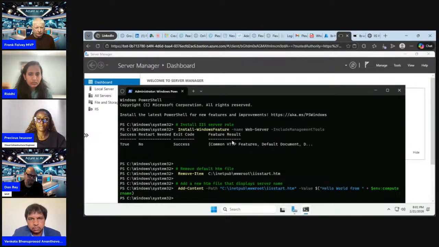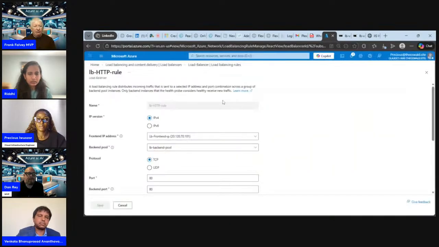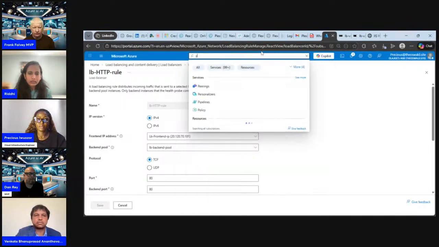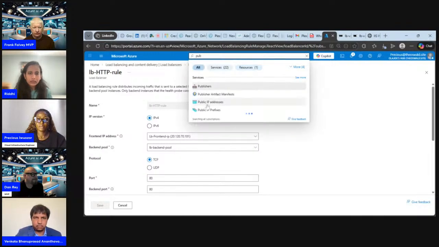script to confirm that my backend virtual machines can actually use the front-end IP of the load balancer to communicate to the internet. So what I did basically, I came over to this public IP, my load balancer front-end IP.